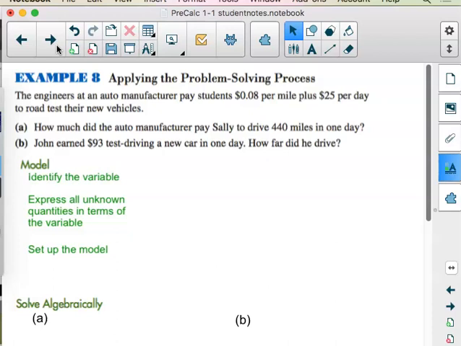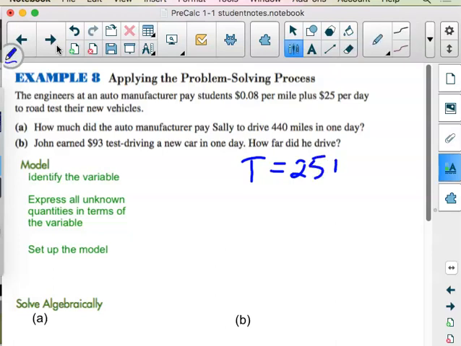So as I'm thinking about this problem, I'm thinking in terms of a total. And a total for Sally and John would be, how much money did you make? And to make that money, I think, all right, how'd they get that total? Well, they earned $25 per day plus the rest of it depended on how much driving they did, because it was 8 cents per mile. So what I would want to do is ask myself, what am I really looking for here, and what's my variable going to stand for? And since it was miles, I think I'm going to use M